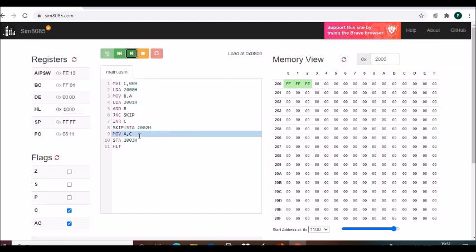So whatever data was there in C will come to A after I execute this instruction. So A is loaded with 01. Then whatever data is there in A will come to 2003 here. Okay, so see, 01 is loaded in 2003, and then when I write HLT, the program will end. See, after the whole program is executed, our results are stored in 2002 and 2003. So I hope you understood.